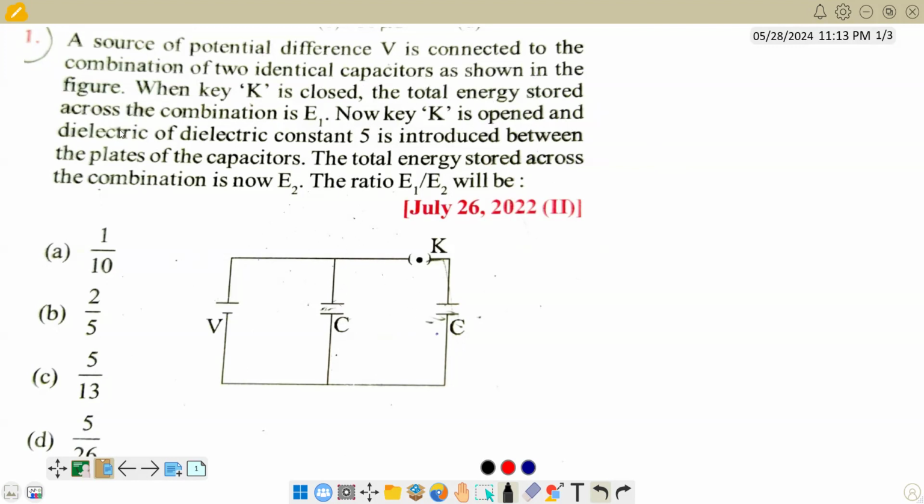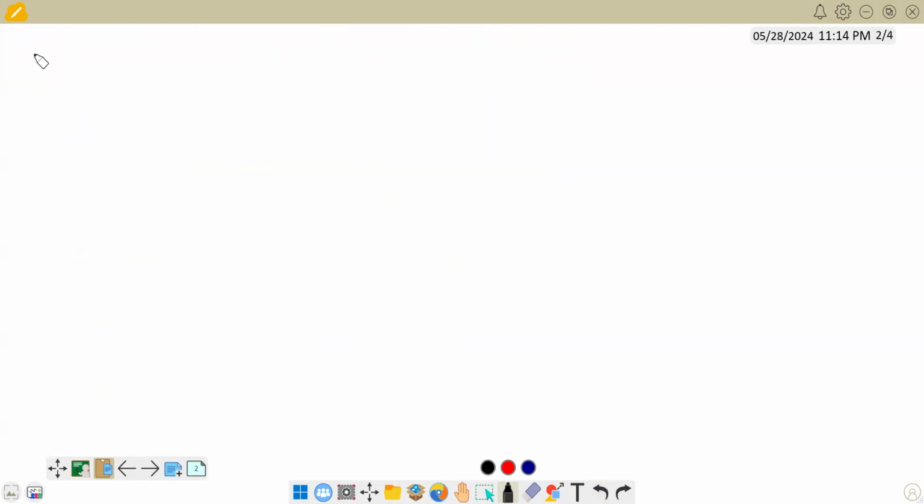Now key K is opened and a dielectric of dielectric constant K is introduced between the plates of the capacitors. The total energy stored across the combination is now E2, then E1 by E2 is. So let us study what is the key concept in solving the problem. The key concept to solving the problem is, first, adding dielectric